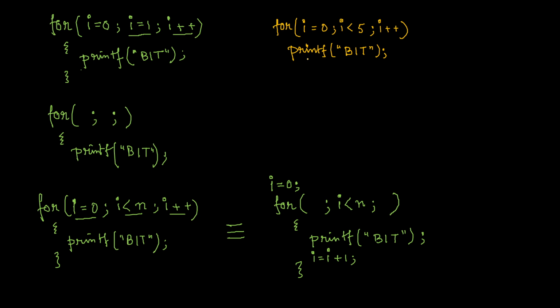Anyway, if I write in this way, then I think you can easily say how many times this for loop will run, that is 5 times, right? 0, 1, 2, 3, 4. For these 5 values of I, I lesser than 5 will be true. That means BIT will be printed 5 times from this one, right? Now we know that obviously after the for loop I should not have a semicolon, right? But if I place a semicolon, then what will happen?